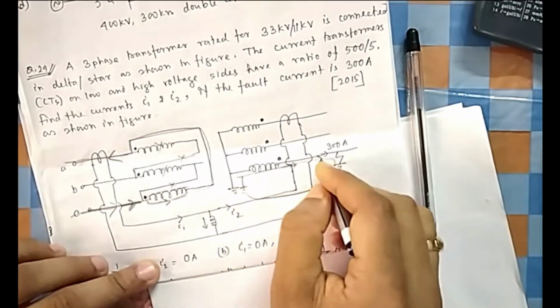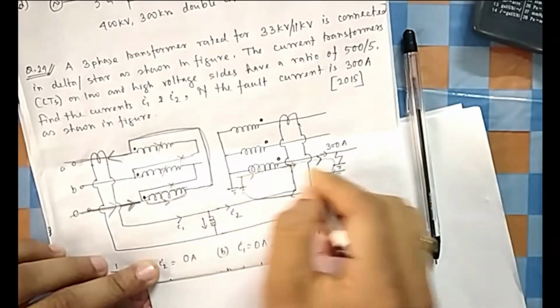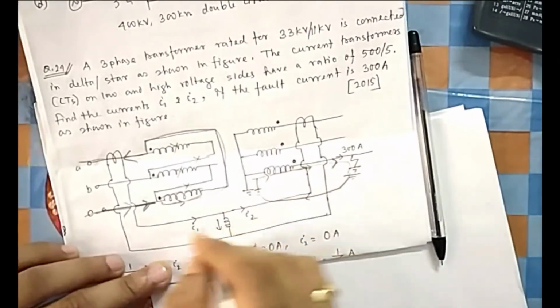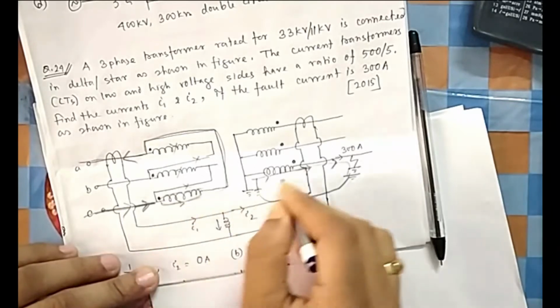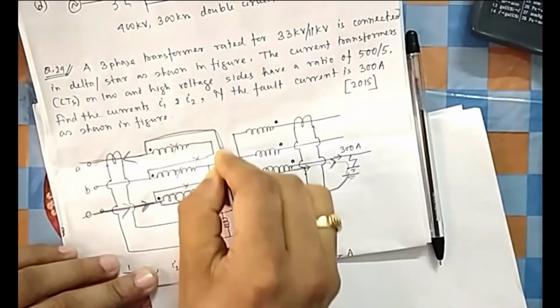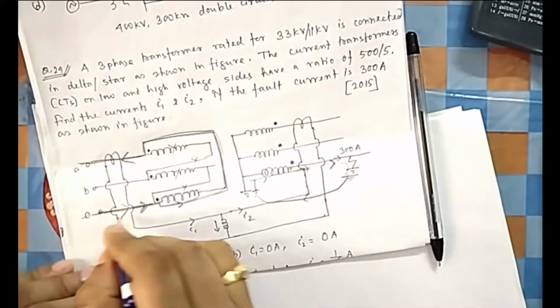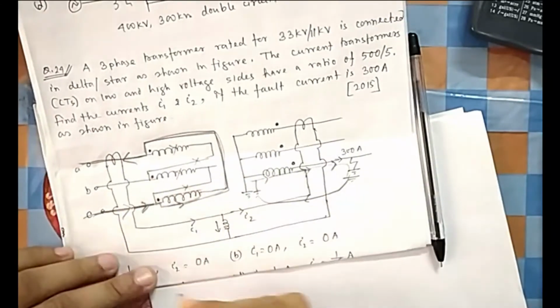That means this is the path here. It is going through this and returning through ground. This is my ground path. Here the current loop is here, and here you can see the current loop is, because it is leaving, so it is entering. So it is entering here, and it is going here, going here, going here. It cannot go here because no load is there, so it should go here, and this current is supplied by. So this is the way.